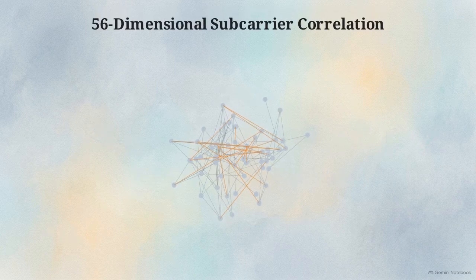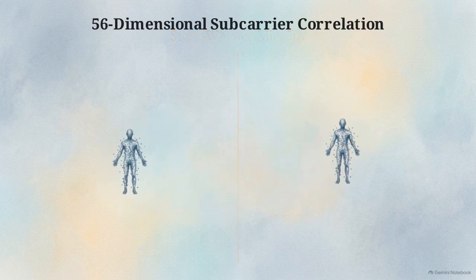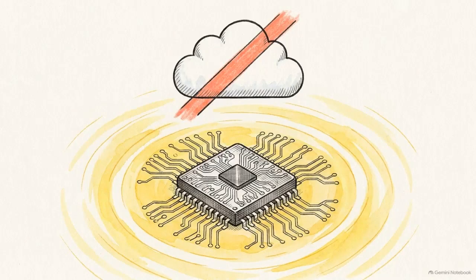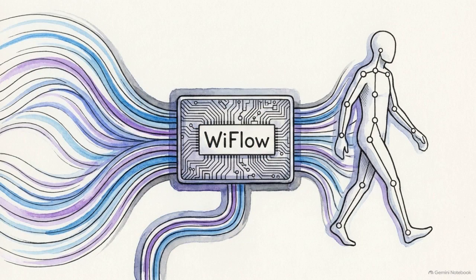It also deploys Stoer-Wagner graph min-cut algorithms to build a 56-dimensional subcarrier correlation graph. This cleanly separates multiple individuals huddled in the same room, eliminating earlier person-counting errors. Stripping out cloud dependencies and applying pure mathematical optimization directly on the silicon provides the microsecond latency necessary for real-time edge inference. The primary engine translating this sanitized radio data into 17-point human keypoints is a temporal convolutional network called